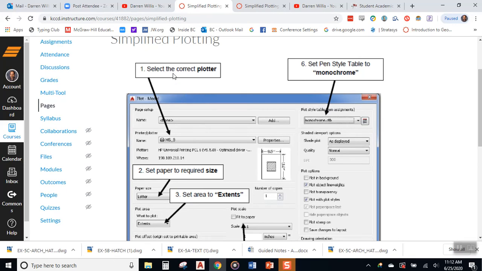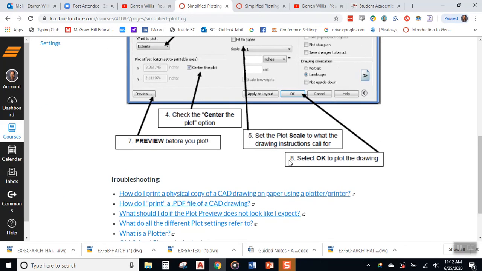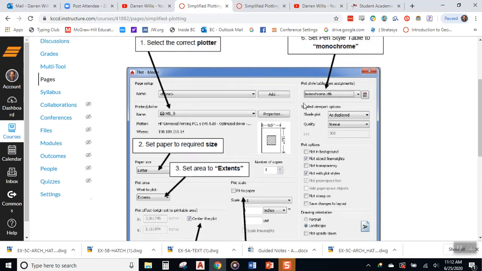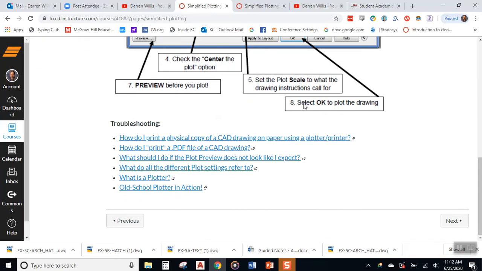It gives you the 7 steps in order that are necessary before you should be hitting the OK button to send your plot to either the printer or to a PDF writer or to some other format. The lower half of the page, though, has something for troubleshooting. So these are common questions that you might be asking if we were in the classroom and I was right